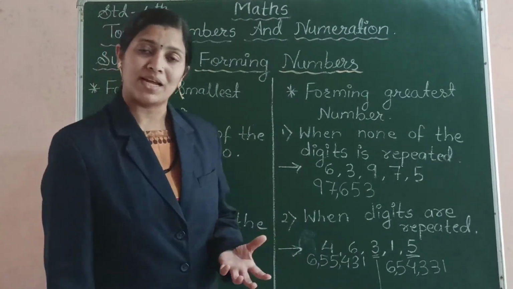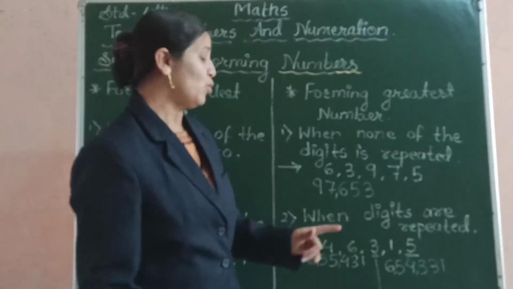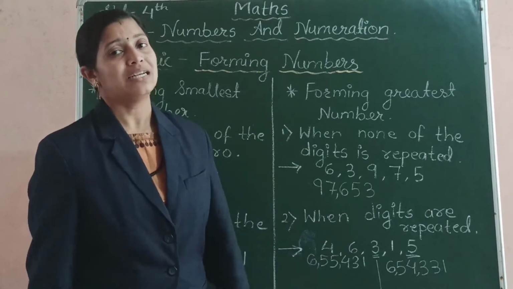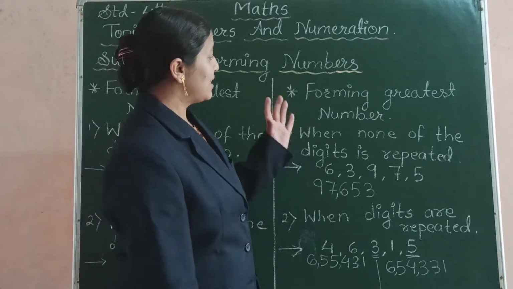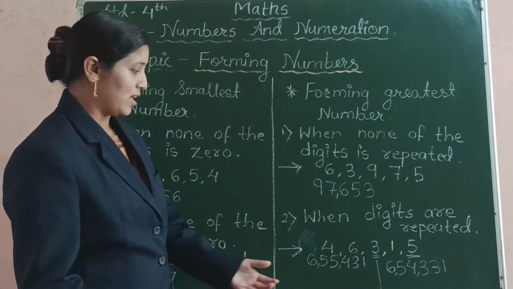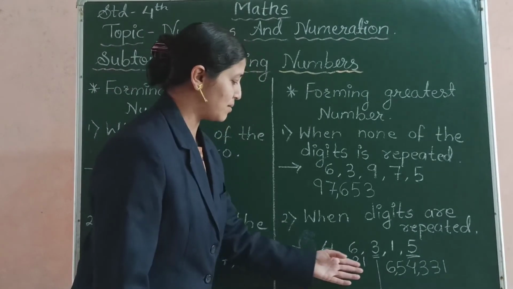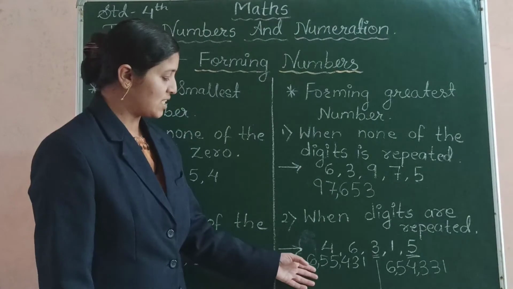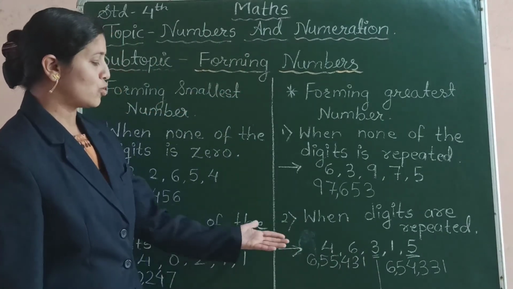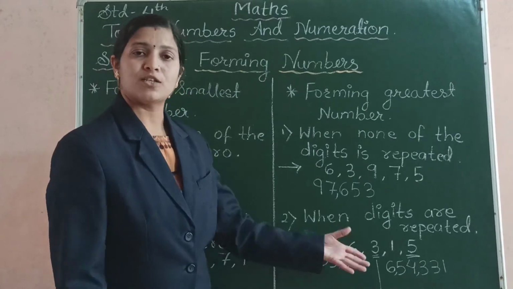Similarly, you can be asked to repeat any digit from this. So wherever the place of that digit comes, we have to write that digit two times, and then we should continue with the descending order. In this similar way, we can form the 6-digit numbers as well. Here we have formed these numbers with 6 digits. Also they can ask you to form such 5-digit numbers.